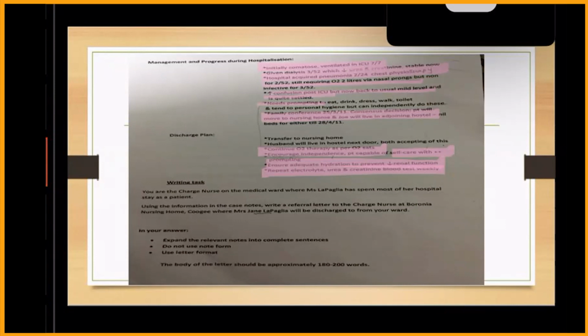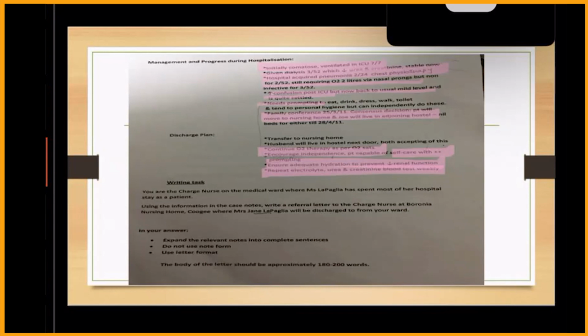Dialysis was performed for 3 weeks to stabilize urea and creatinine levels. While in hospital or during her time in care, anything can be written, okay? Either while in hospital or during her time in care, which means during the period of hospitalization, she acquired